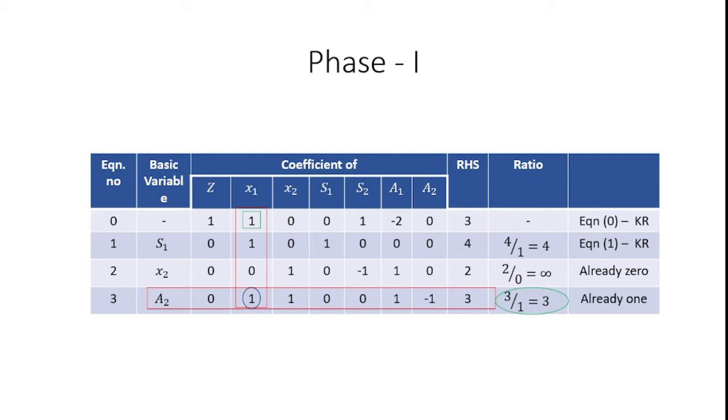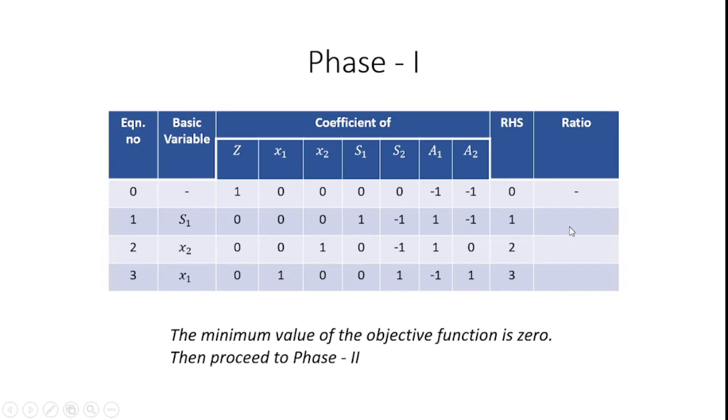Likewise, we can create another table for phase 1. Likewise, we may create the values correspondingly available for the constraint equations. And then for the next element, equation 0, there is 1. How can I convert that 1 into 0? Yes, here 1 is already available, so equation 0 minus key row, 1 minus 1 is equal to 0. Likewise, I may get the rest. After that, I get the new phase 1 table from these developed equations, converting the key element into 1 and the other elements in the key column into 0.